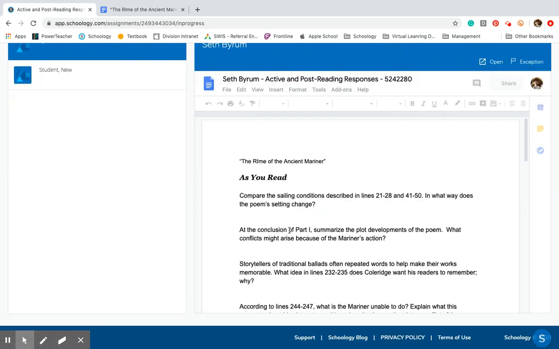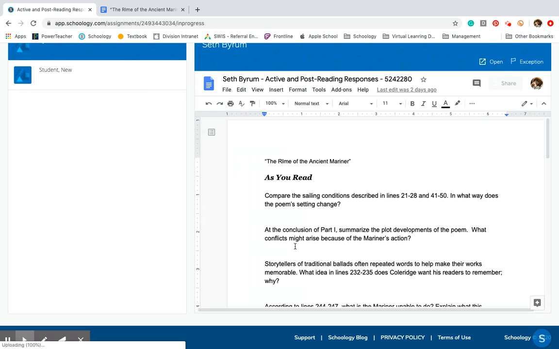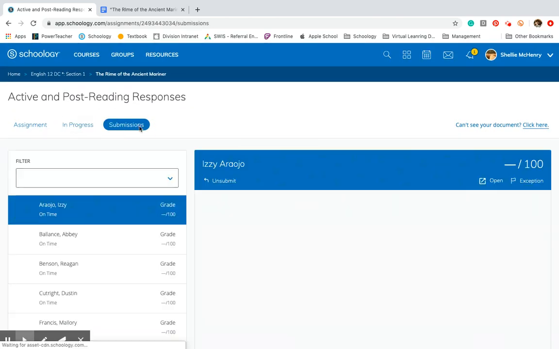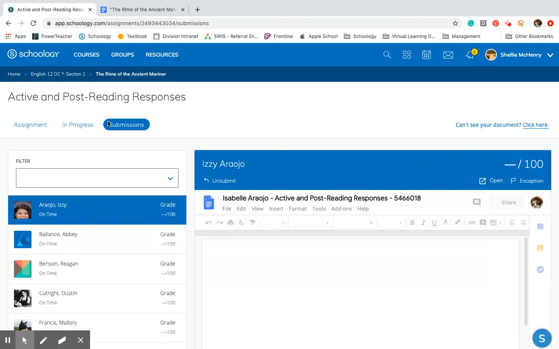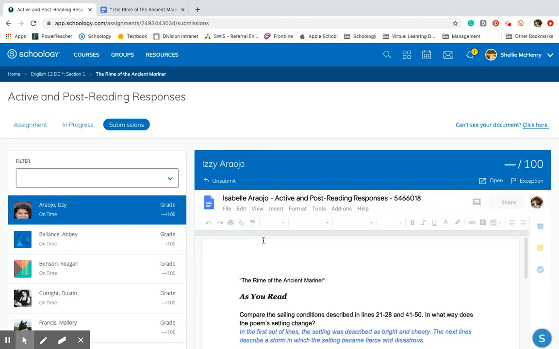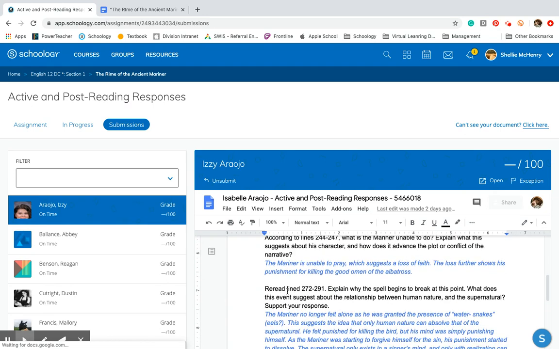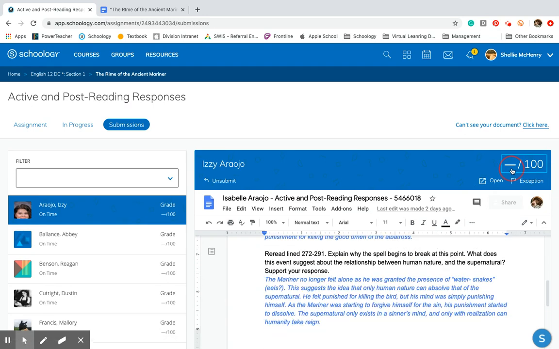We'd be in here at the same time and I can watch them work on it, which is a good way maybe to offer some scaffolding and help to a struggling student. And then anyone that has already submitted the assignment will show up under submissions. And again, I can stay right in this window and give feedback here and add the grade when I'm done,